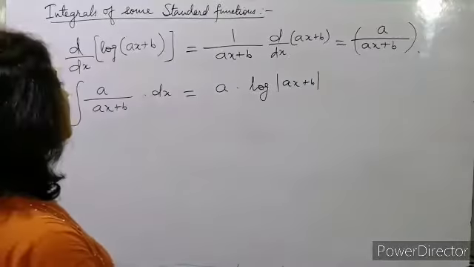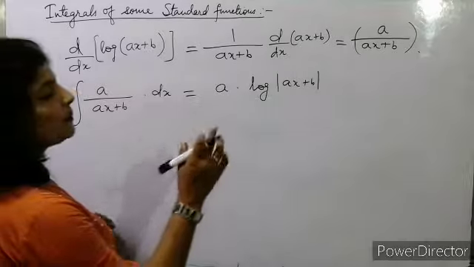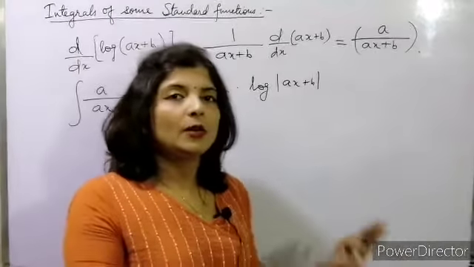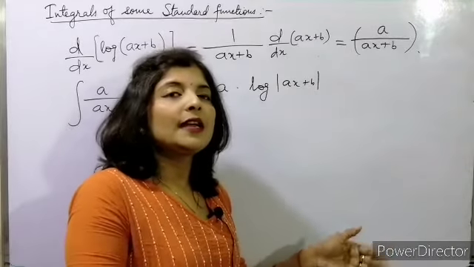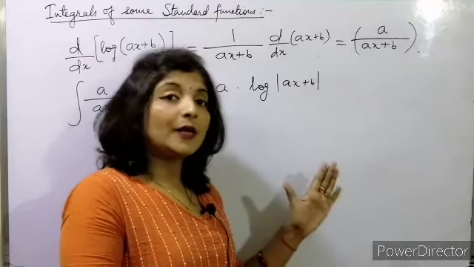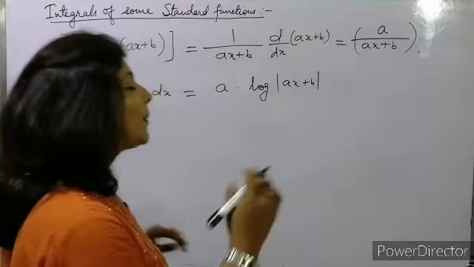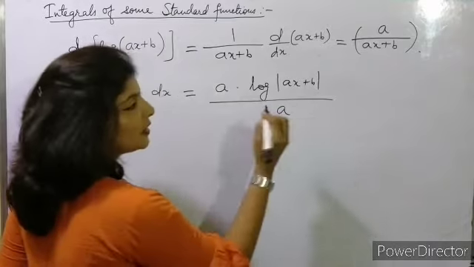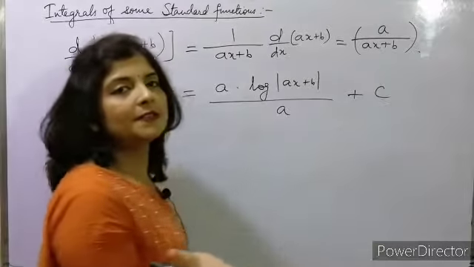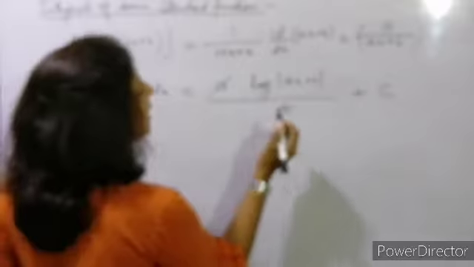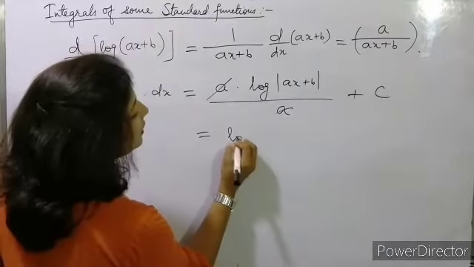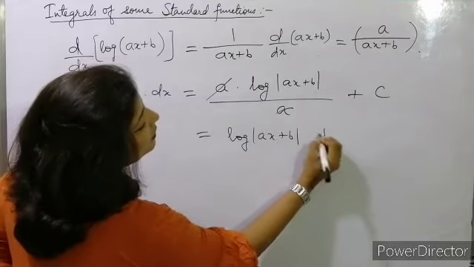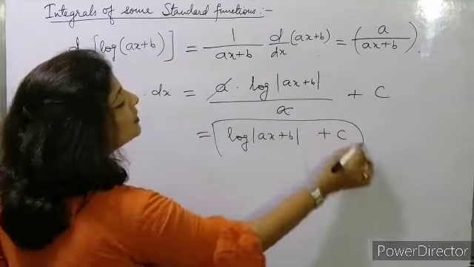So we have to integrate here. After differentiating ax + b, what were we getting? a + 0. So here what we'll get? There we were multiplying by a, so here we'll divide it by a. Okay, and plus c, the constant we always have to keep. So this a cancels. So what value did we get? Log of (ax + b) plus c. So this is the value we got.